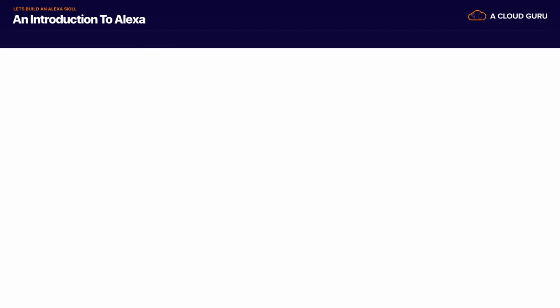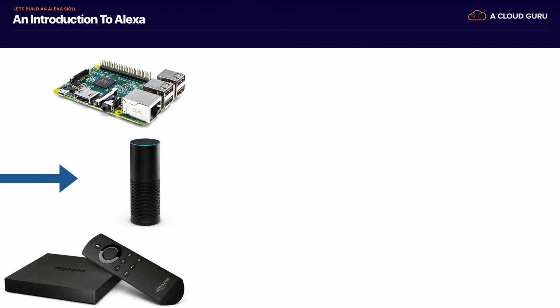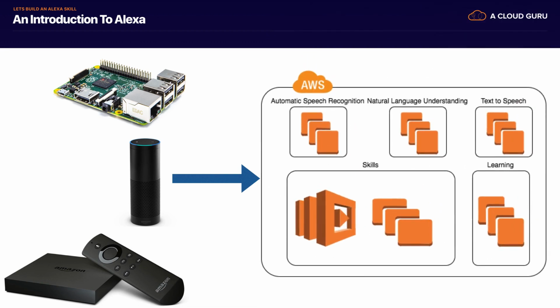And it doesn't need to just be an Amazon Echo. You can build one using a Raspberry Pi. We do have a lab on that on the A Cloud Guru platform. You can use the Amazon Echo, you can use Fire TV. Basically, you just need a hardware-enabled device that has the Alexa service enabled. It uses a whole bunch of different technologies: automatic speech recognition, natural language understanding and text-to-speech. That allows you to create all these different skills, and you do that through